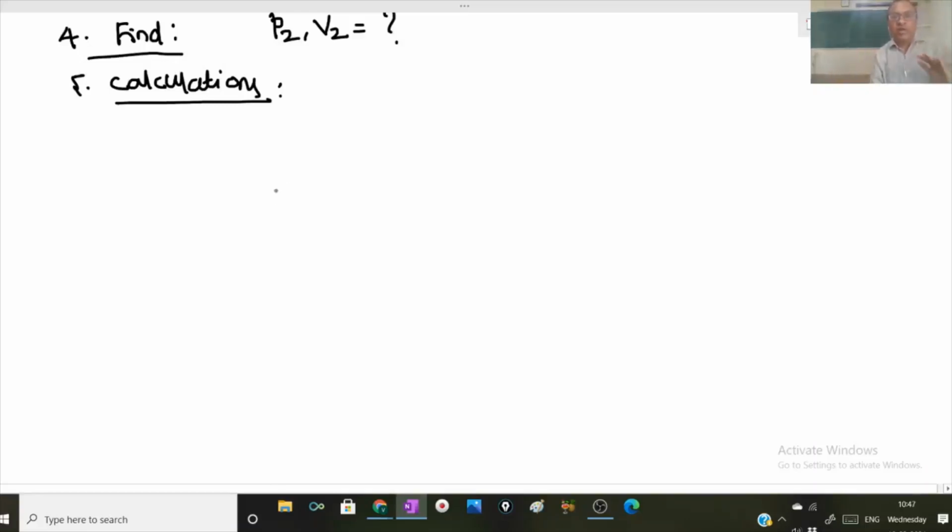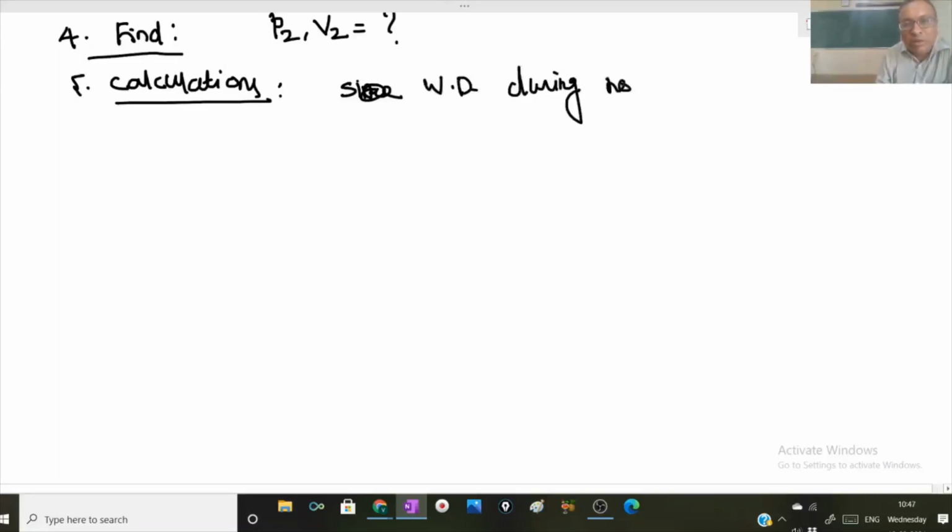So in order to calculate the value of pressure and volume at state 2, I must be able to express them in terms of work done. That means indirectly I can say I have to write down the expression for work done. So what I have to do, work done